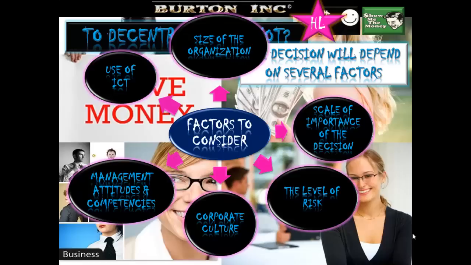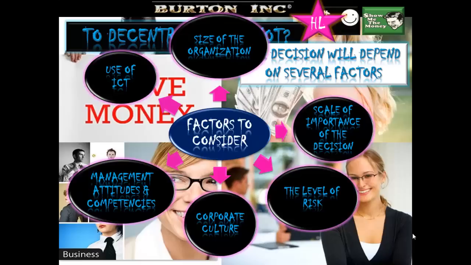We'll next look at management attitudes and competencies. Managers that have a positive outlook toward workers' attitudes and abilities are more likely to pass down authority and responsibility. And by contrast, some managers are just control freaks, very anal. They are unwilling to let go of control or their status and will therefore centralise decision-making authorities. I want things done my way. This sort of person. You've all probably met a teacher that is a little bit like that.